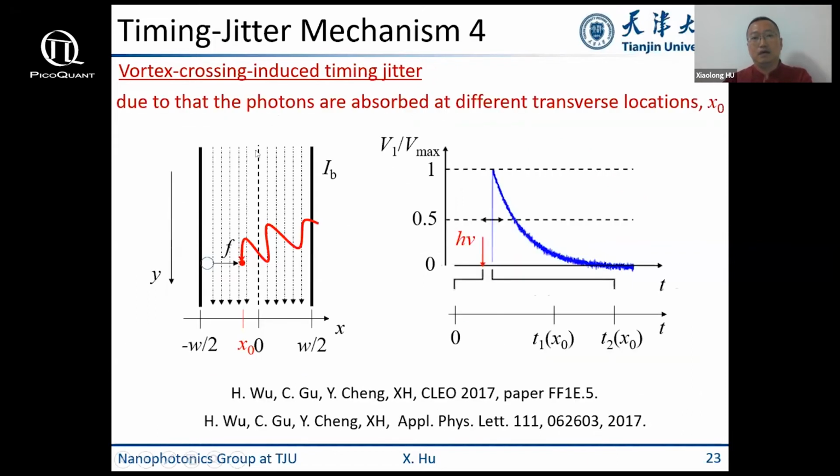So next is vortex crossing induced timing jitter that we discovered. Basically, it's due to the photons absorbed at different transverse location x0. Photons are absorbed at different transverse location x0, resulting in a different time delay for the vortex to enter the nanowire, which is T1, and also to go across the nanowire, which is T2 minus T1. Therefore, there is a varying total time delay, T2, simply due to the distribution of the location where the photon is absorbed at the transverse